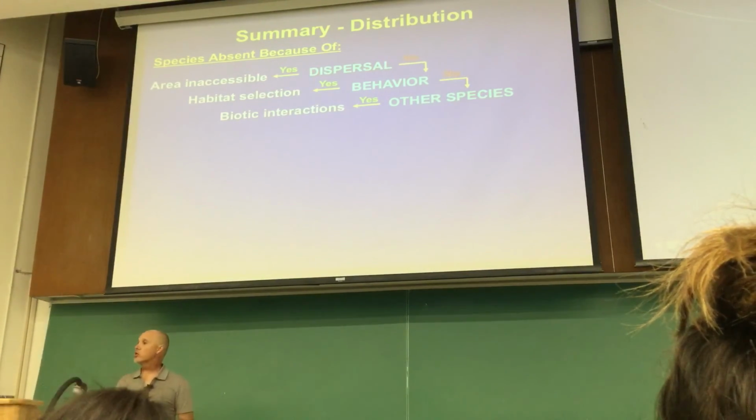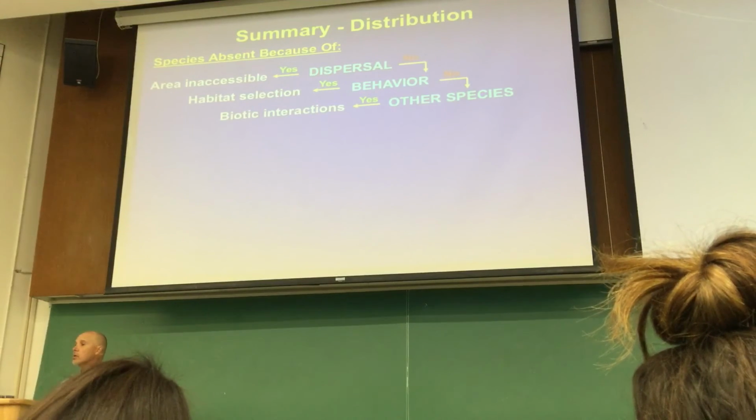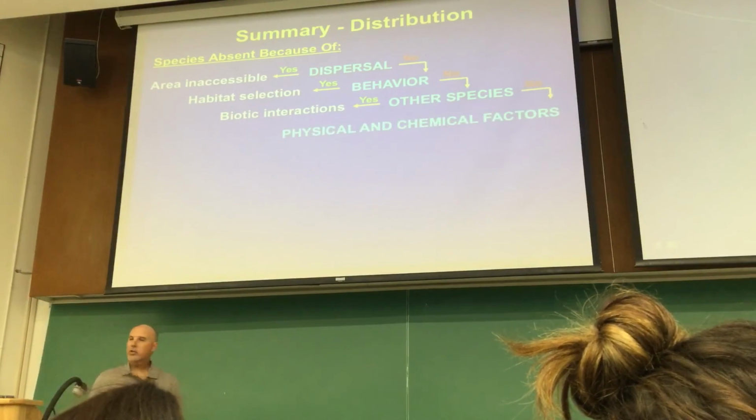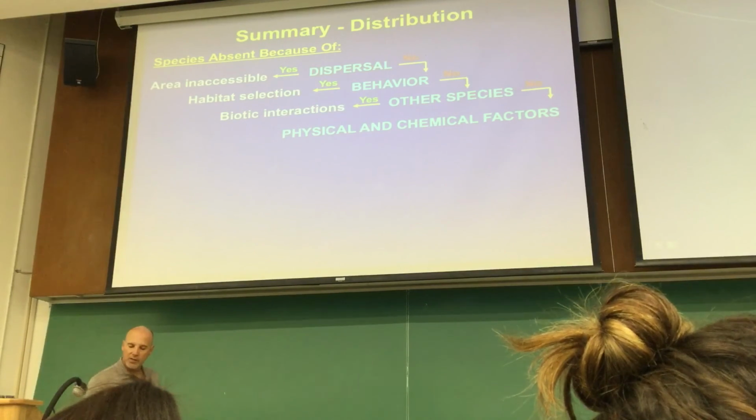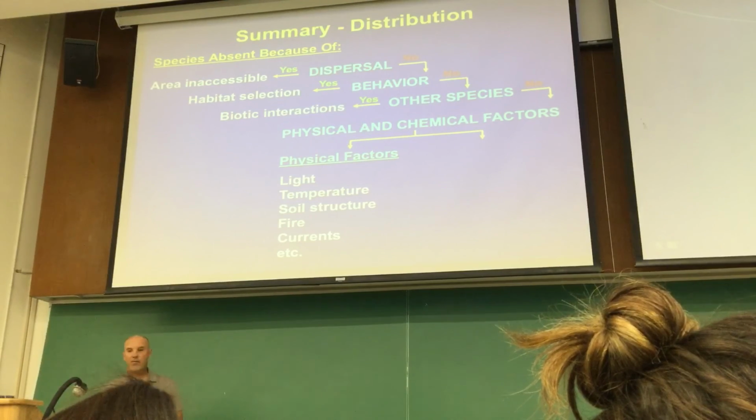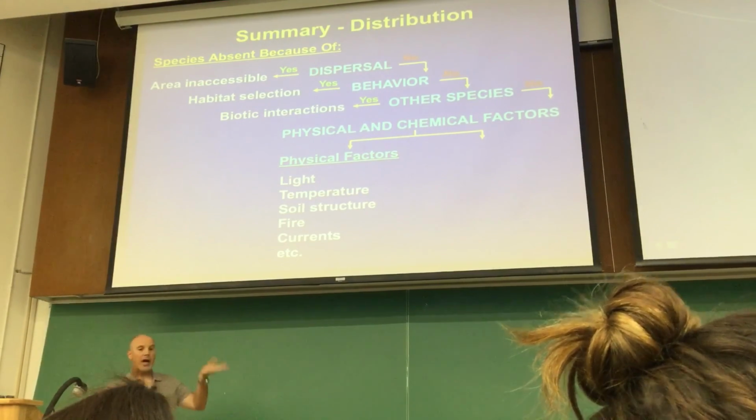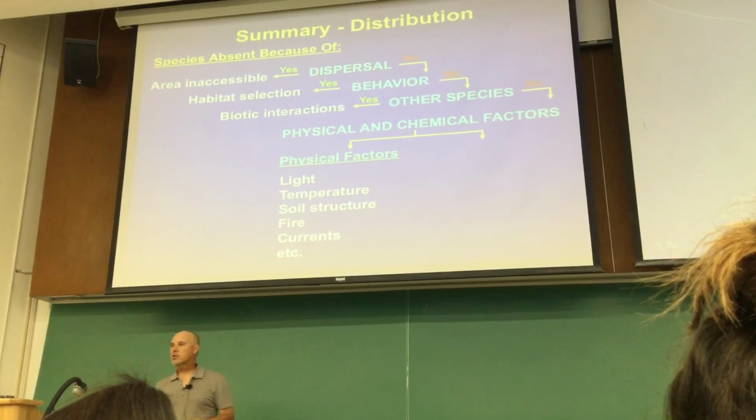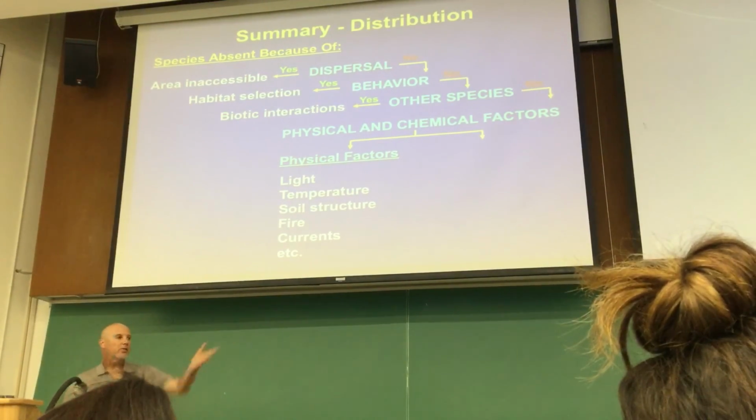Well, what if it's none of those? What do I have left? I have all the abiotic factors, right? So I can look at the physical, chemical factors of any environment. I can look at the physicality of, maybe there's not enough light over there for the plant, or there's too much light. It's too hot, it's too cold. The soil structure, it's too dense, it's too porous, it doesn't hold enough water, holds too much water. The fire frequency